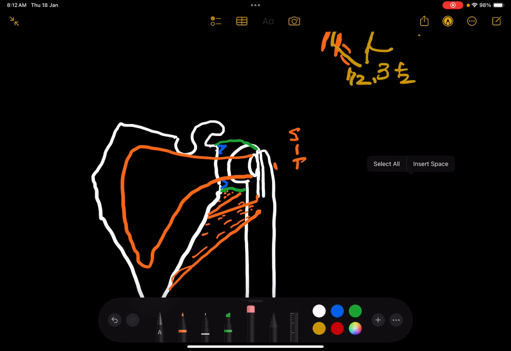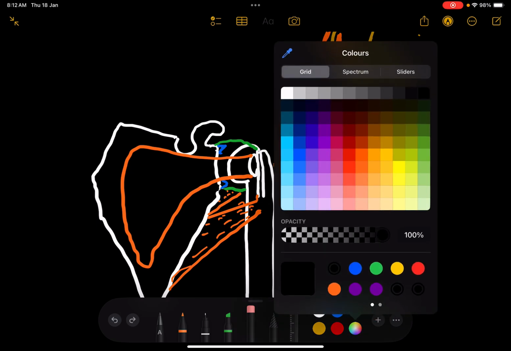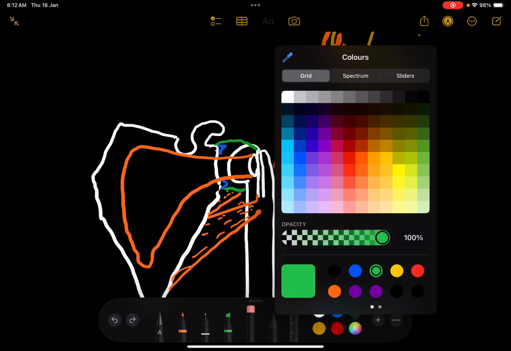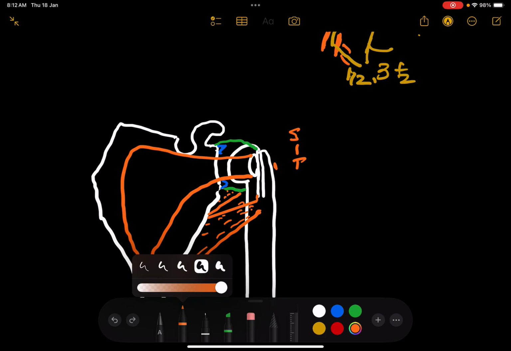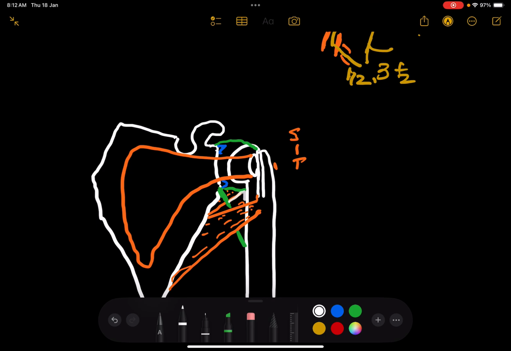The long head of triceps, arising from the infraglenoid tubercle, passing anterior to the teres minor and posterior to the teres major, forming the quadrangular space, this one, the lateral triangular space, this one,